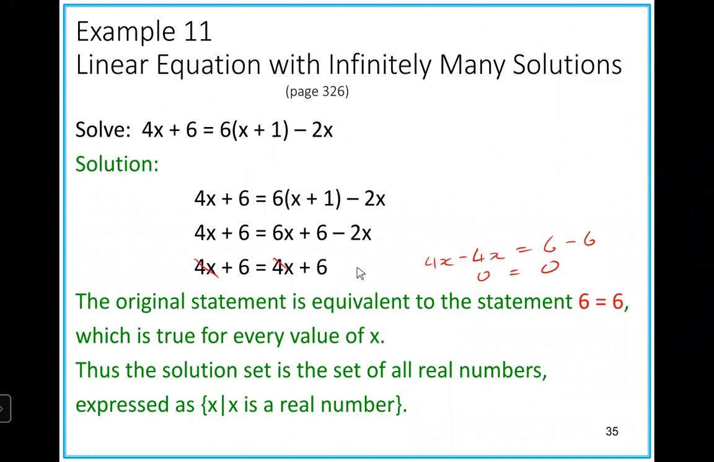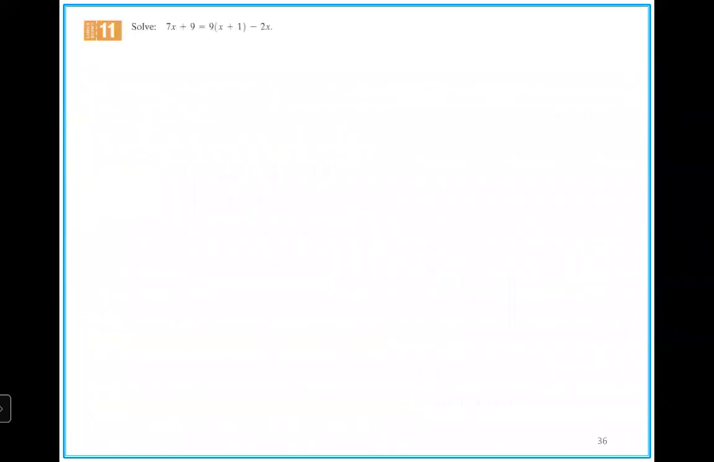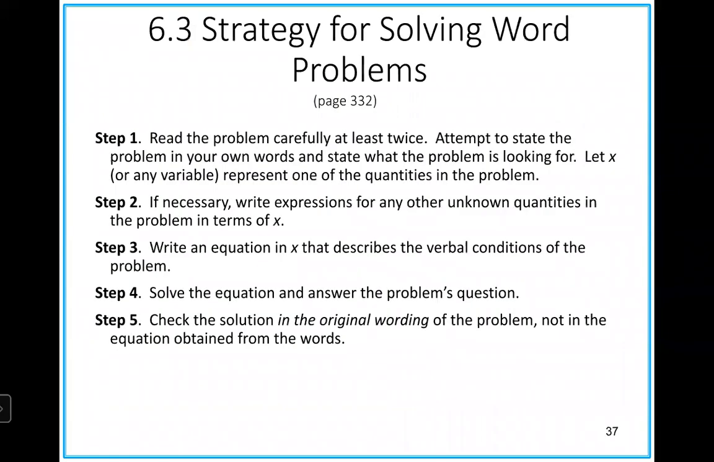And again, you won't see many of these in your test or your exam, but in case you come across that, you know that that's a case where this has an infinite number of solutions. So I'm not going to look at those two checkpoints. I'm just going to move on to do